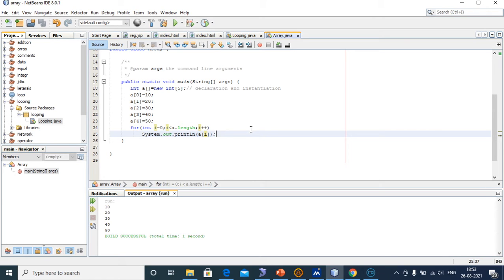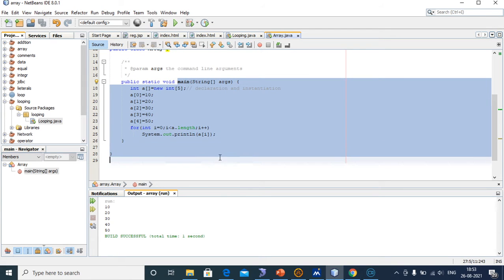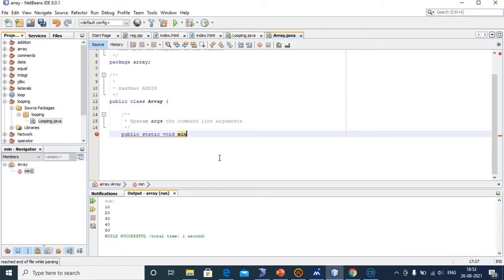Now we have to see how to pass an array to a method. For that I have to declare the method, public static void min, int arr array.